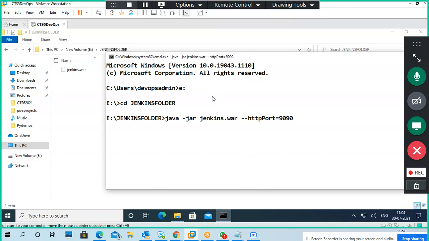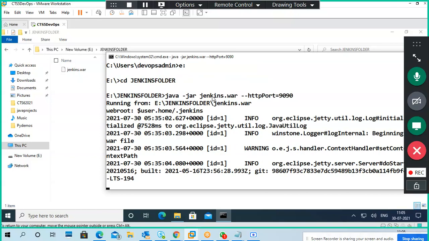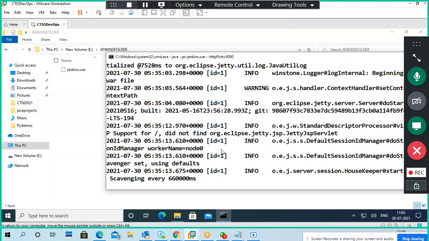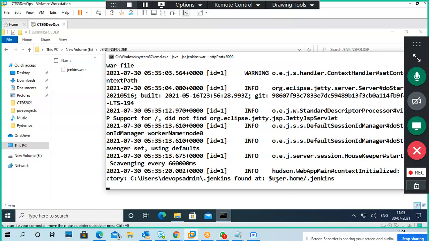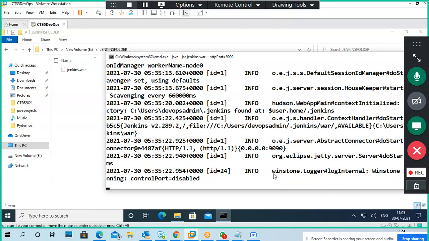So I started my Jenkins server. Now I started it, I'm not installing. For installation the same command is used, and for running also the same command. So it will run from my disk. After 20-30 lines like this, it shows Jenkins is fully up and running.